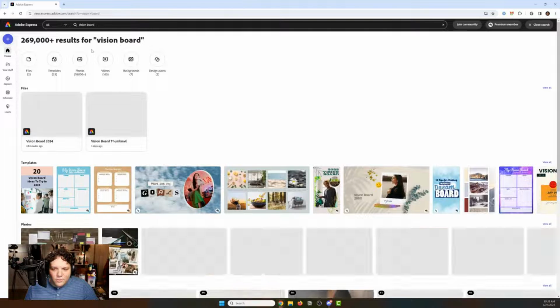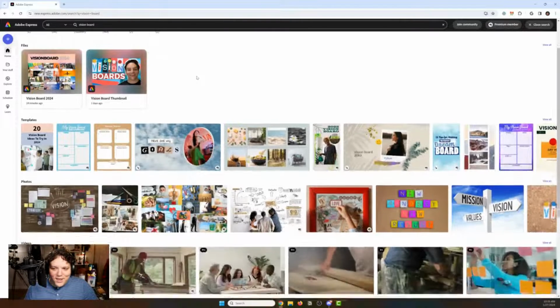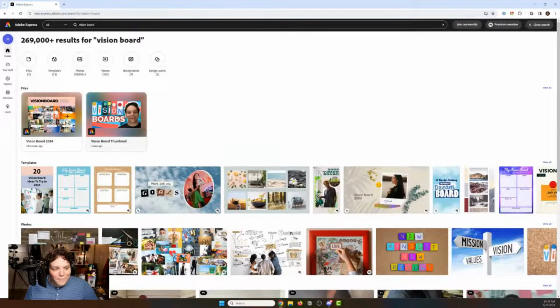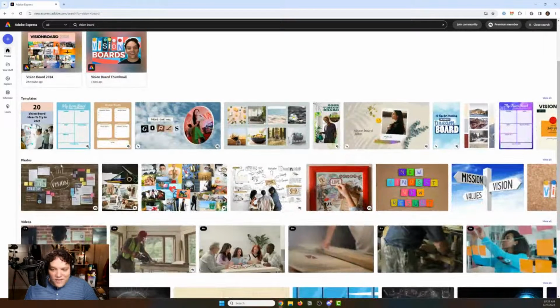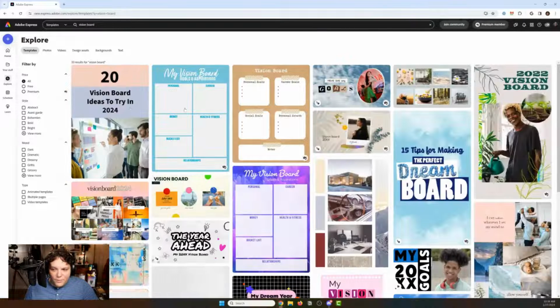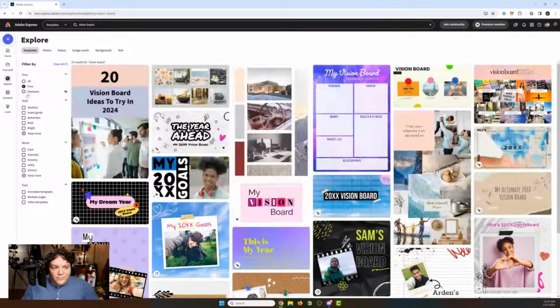I went ahead and did a little bit of research. I wanted to be prepared. So you can see that I have my vision board thumbnail. Adobe Express shows me the vision board example I'm going to use, but there are templates, there are photos, there are lots of different ways that you can get inspired. If we go here to the templates, this is a great way to get started. You can see there are 33 results. If you are on the free version, again, there's a free trial link, so you don't have to worry about anything being paid. Highly recommended. But as you can see, there are a lot of different options for your vision board.